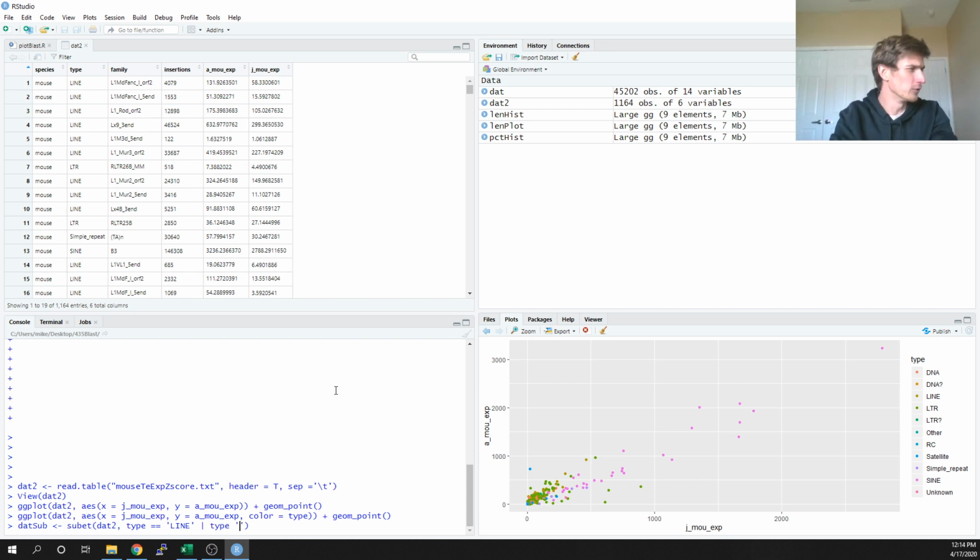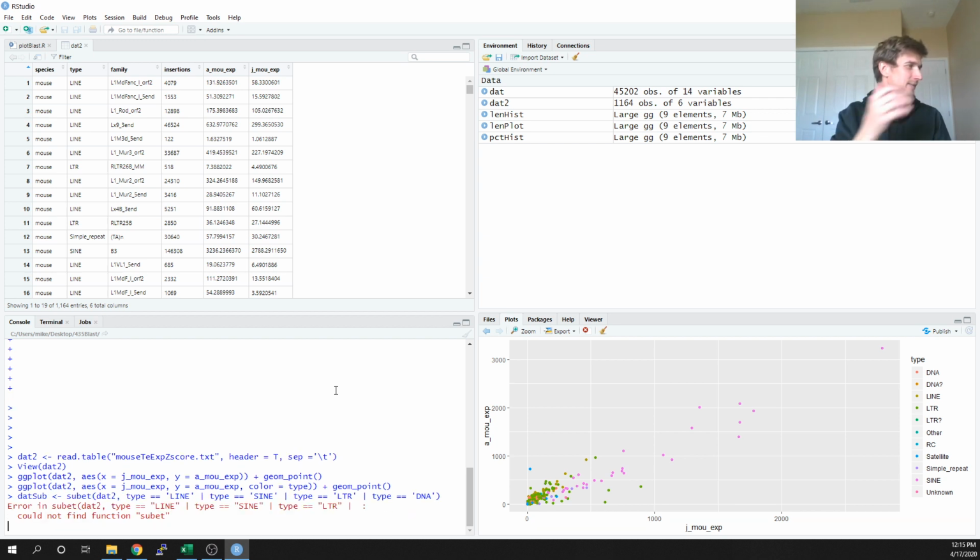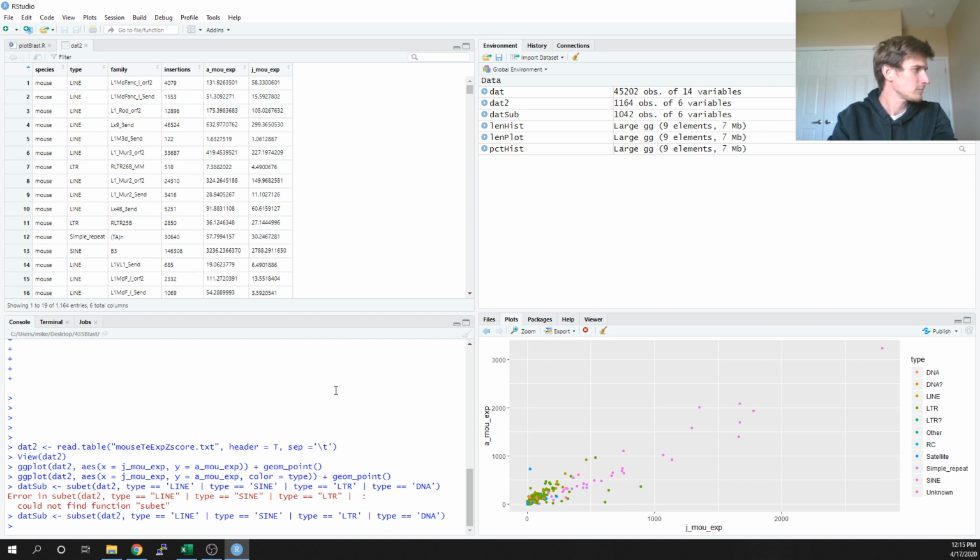Or type is equal to sign, or type is equal to LTR, or type is equal to DNA. So these are the four elements that I actually care about that I want to keep in a data set. So I need to spell my stuff right. Subset. Okay. And so whenever I redo this plot, but with data sub instead of data two,